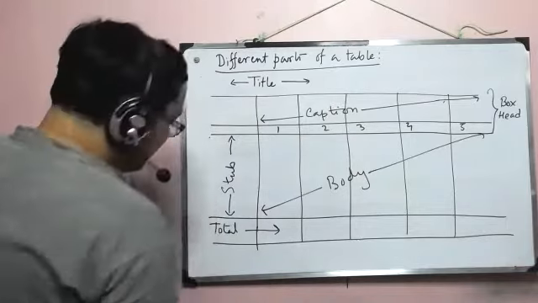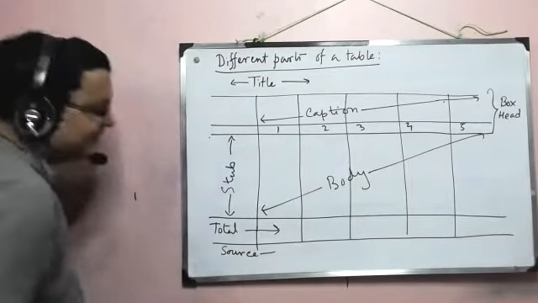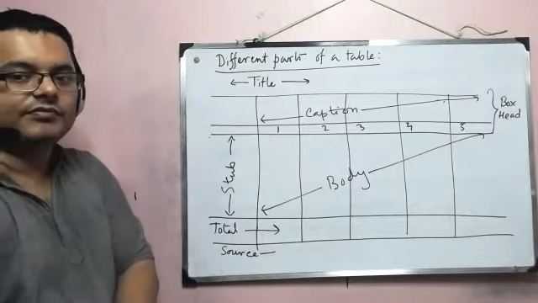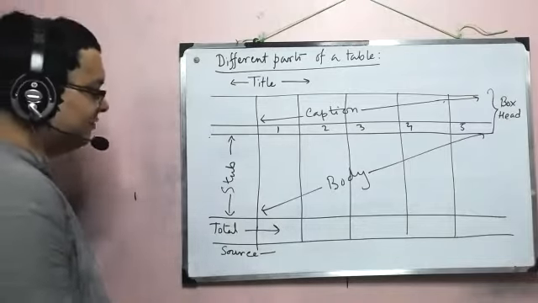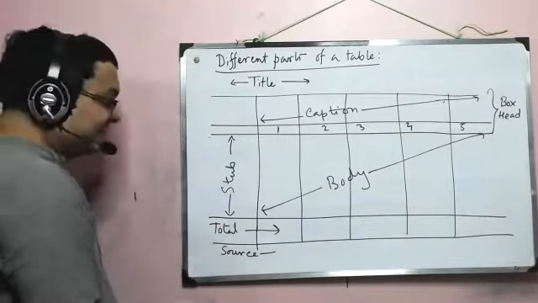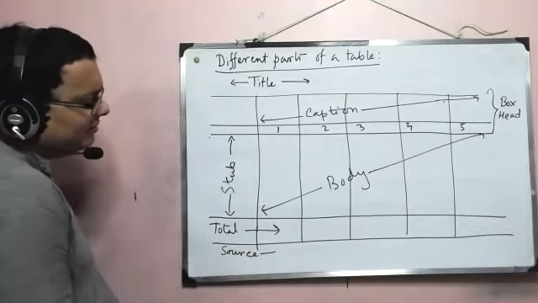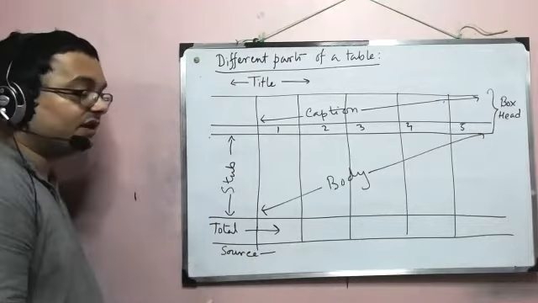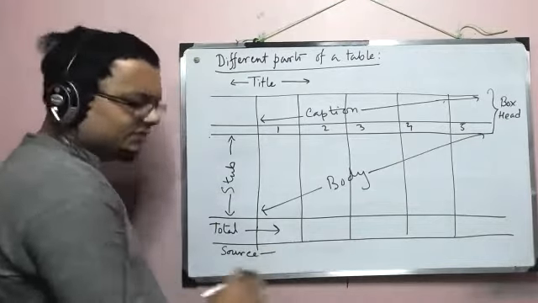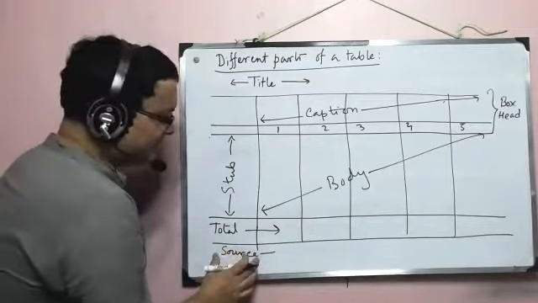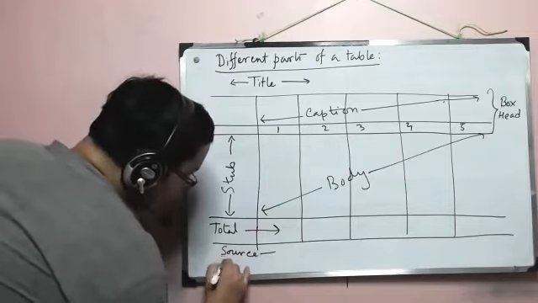Okay. So then you have source here. Source basically means from where the data has been collected. It can be a government site or a private site, or your book, for that matter. You have to mention that also. Or from the question, probably. But source is not something that we write all the time while actually answering. We don't write source as question number 5 or 6. We don't write that, but we mention this source, and then again. Okay. Then footnote.